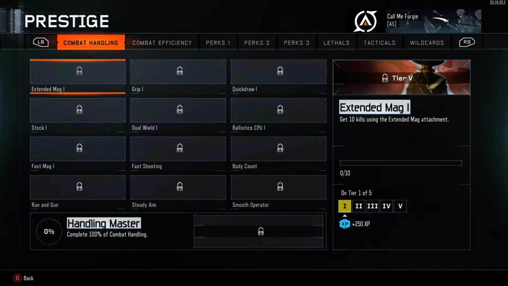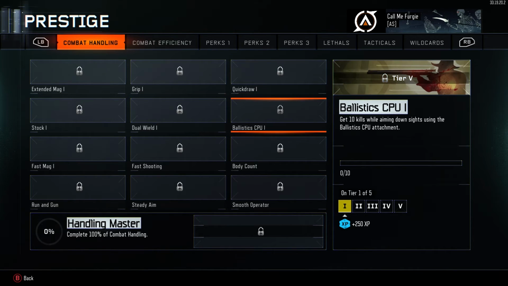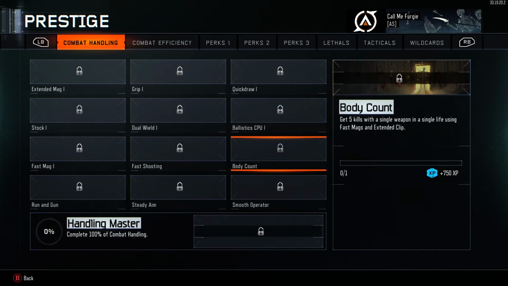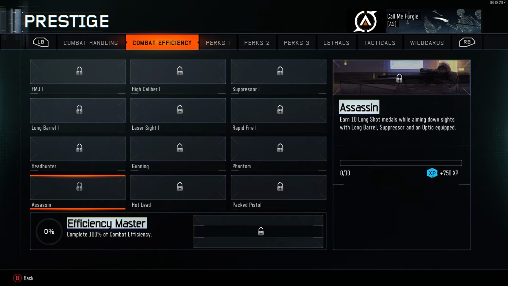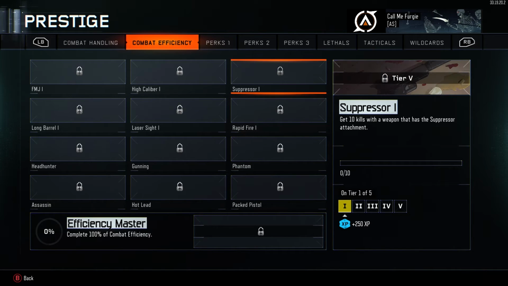Alright, so now we're going to take a look at the benefits of prestiging, because some of you may not know why exactly you'd want to start over at level 1. Even if you do get to keep mostly everything, what's the point? Well, the main primary reason of prestiging is in order to extend the length of the game and give you more to do, more time to level up and things like that. It gives you a different emblem logo, it gives you another created class slot, like I said, and